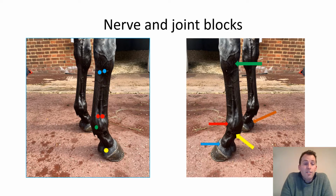Typically we would start at the bottom of the limb with a palmar digital nerve block, down here in the foot. It's marked by the yellow arrow, the yellow circle. That will numb out the heel and sole of the foot. If that doesn't eliminate the lameness, we can then move up the leg to perform an abaxial sesamoid block at the base of the fetlock joint, which will anaesthetise, in addition to the sole and heel of the foot,